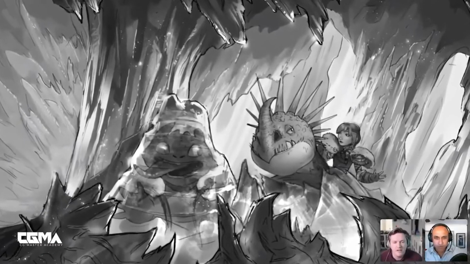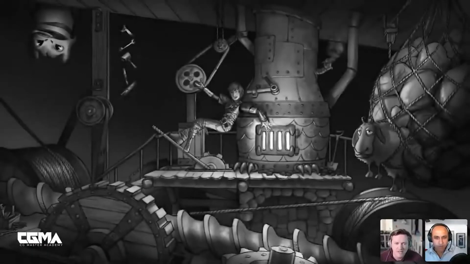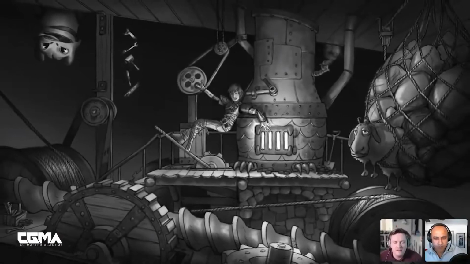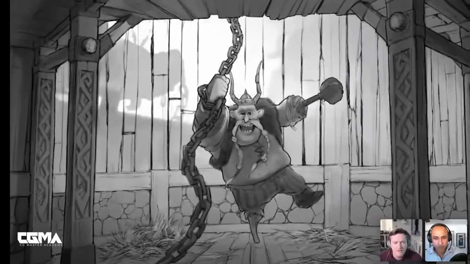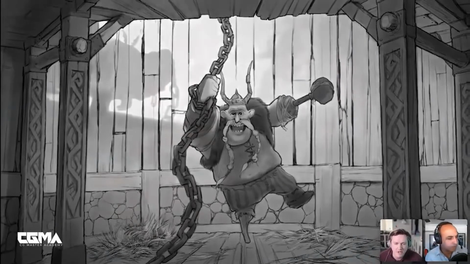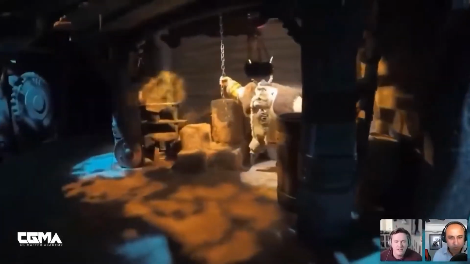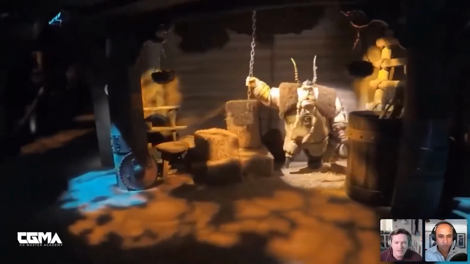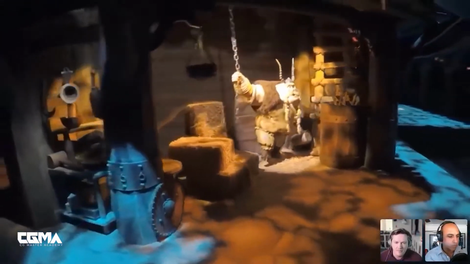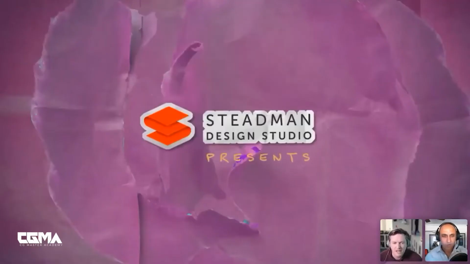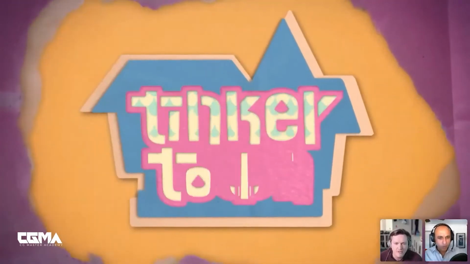And then, we go through the same creative process that you might think a film would do with storyboards. So these are examples of storyboards. But instead of a film, our storyboard is communicating what the experience ends up being. And that process is a little bit different. I'm excited to share what that process is with you guys. I'll go into it here with a project that Steadman Design produced.